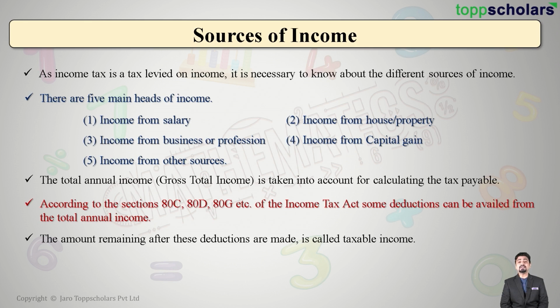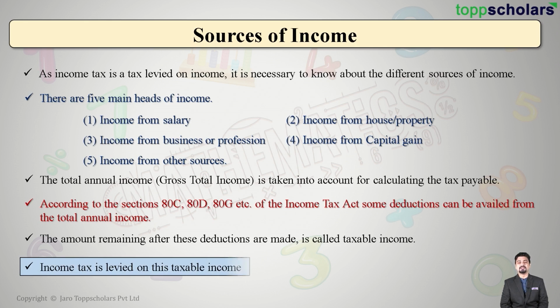Then our total income shown will get reduced, and then this reduced shown income will be called as taxable income because it is on this income that tax will be calculated. Income tax is levied only on the taxable income, not on the income which has been deducted under the above